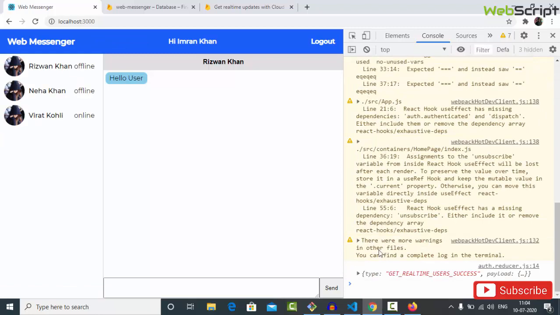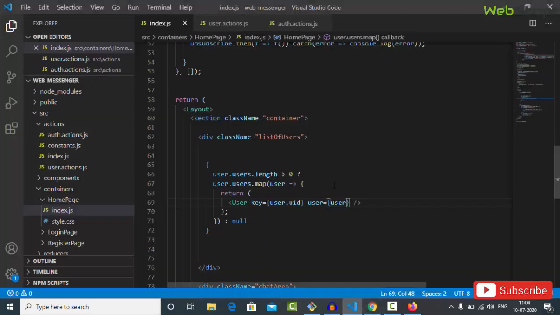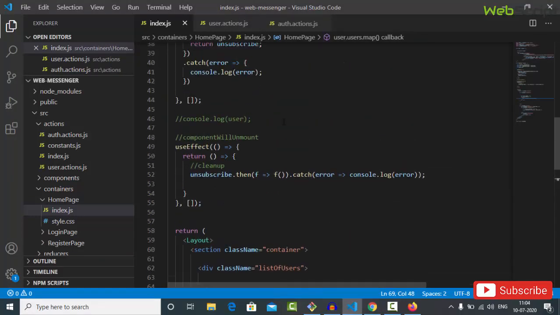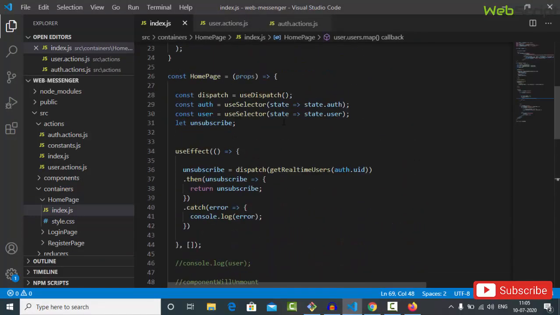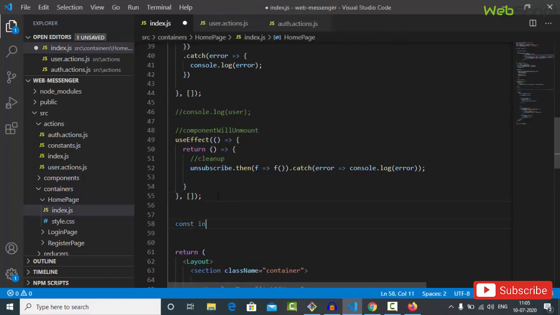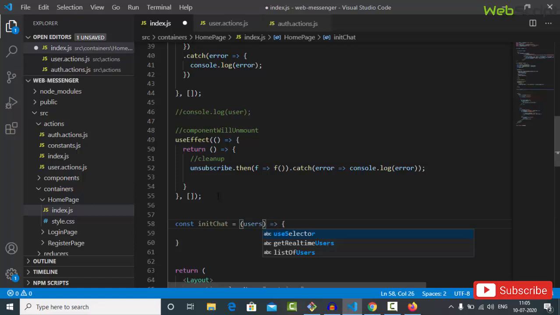Yep, so this is working. Okay, and now let's go back, and this is user, right? So write a function like initiate chat. After useEffect, I'm writing a function const initChat. We need to know who I'm going to chat with, right? So we'll say the user, that particular user, and we'll write something like